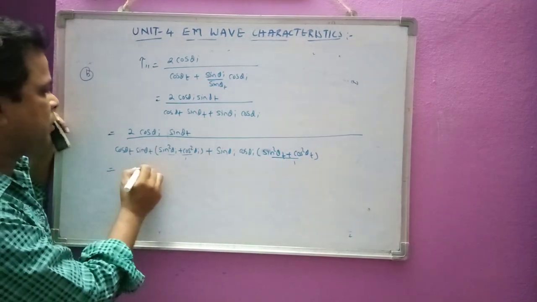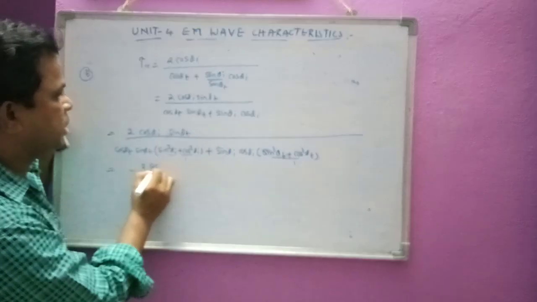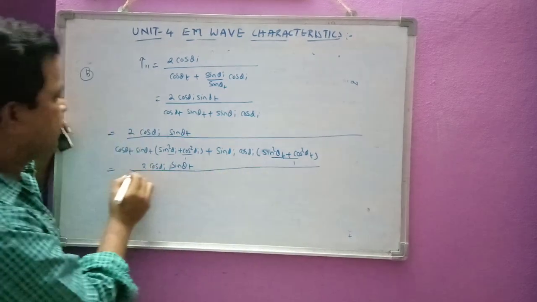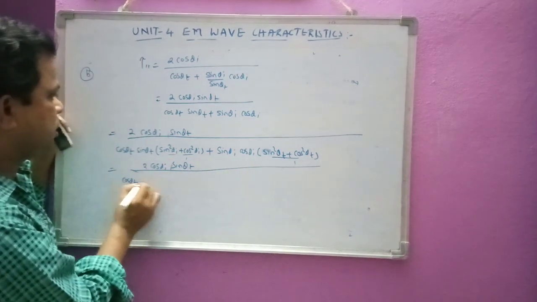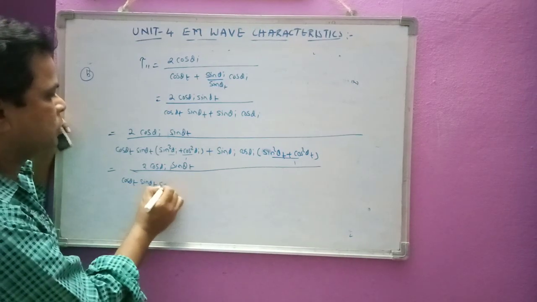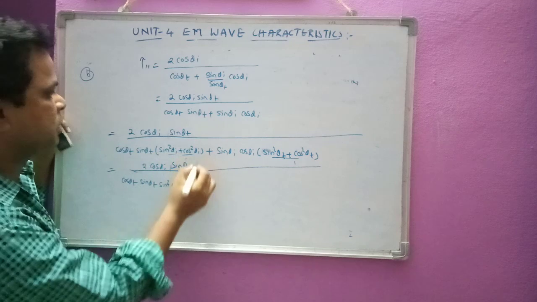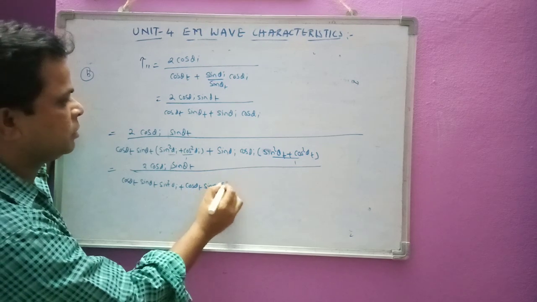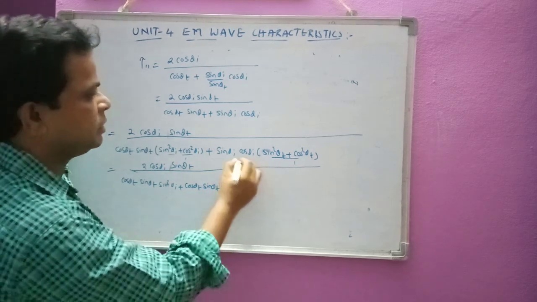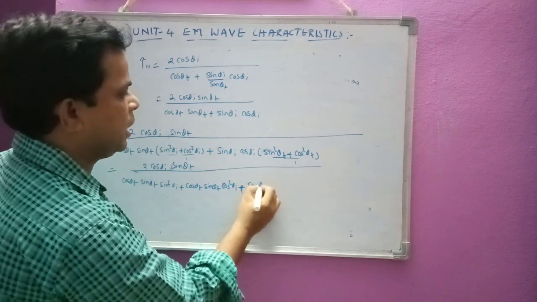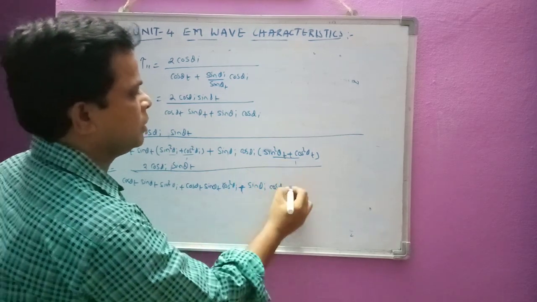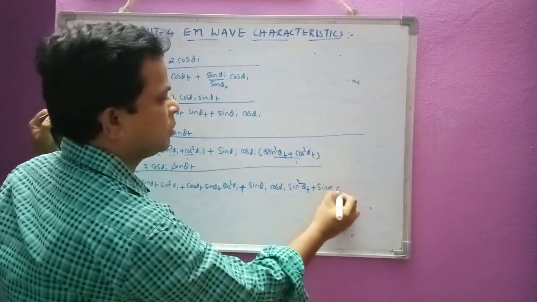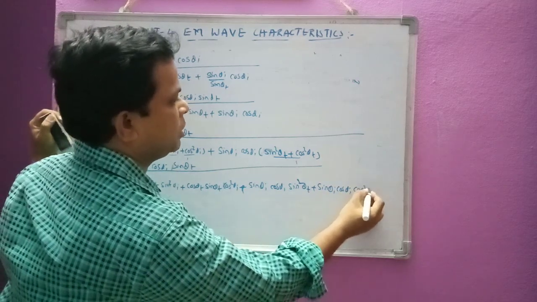So now I have to expand this one: 2 cos theta I cos sin theta t, by that is cos theta t sin theta t sin square theta I, plus this value again, this one equal to this one, cos theta t sin theta t cos square theta I, plus next to this one, this value sin theta I cos theta I into sin square theta t plus sin theta I cos theta I cos square theta t here. Okay.